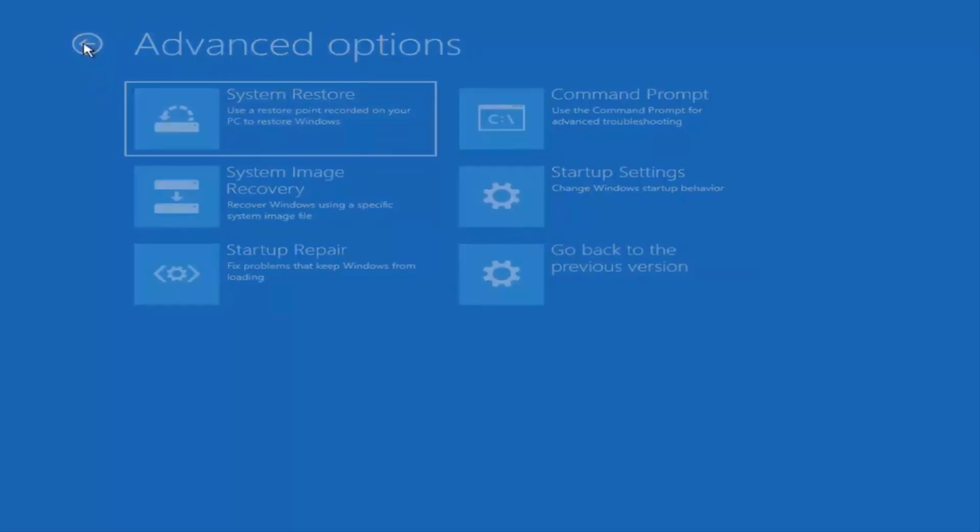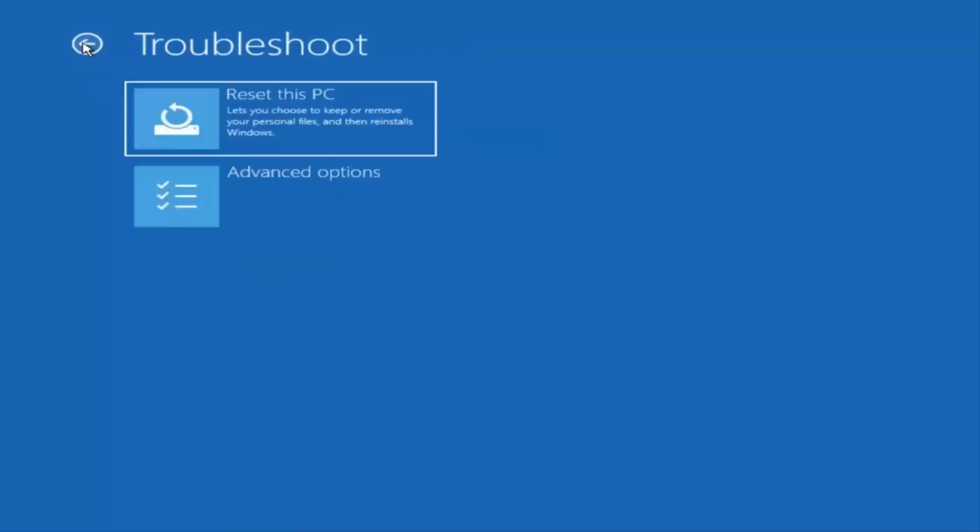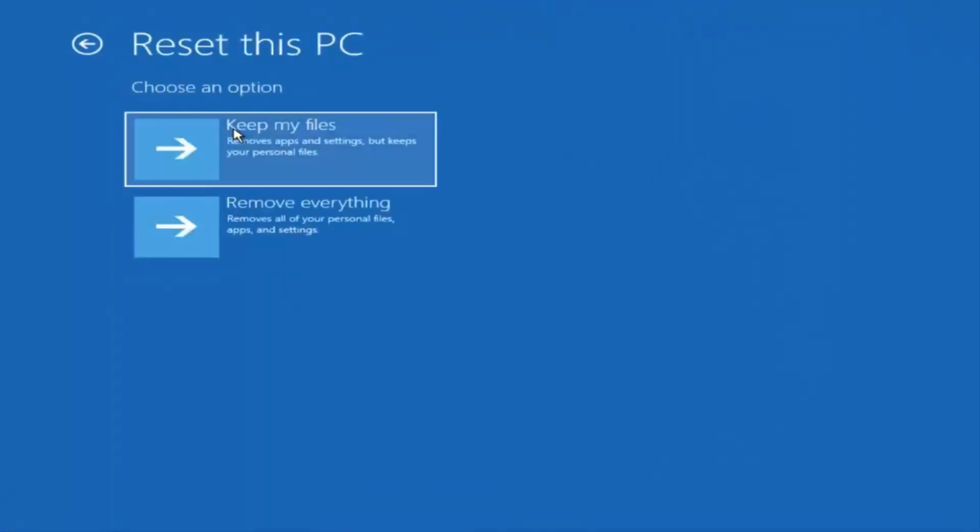And the last thing we didn't really talk about yet that I've been holding off till the end is to reset your PC, which will let you choose to keep or remove your personal files and then reinstall Windows. If you select that, there are two options: to keep your files and to remove everything. You have to understand that where it says keep my files, it's not necessarily going to keep all of your programs,